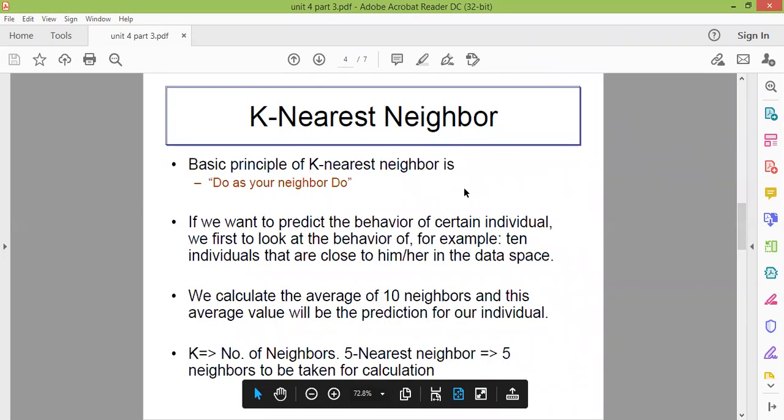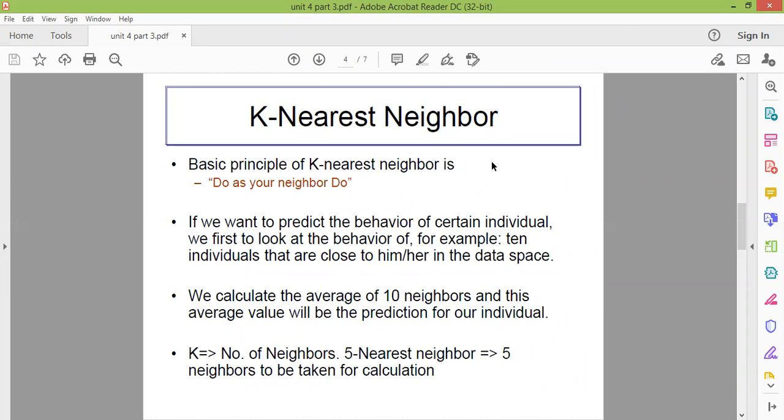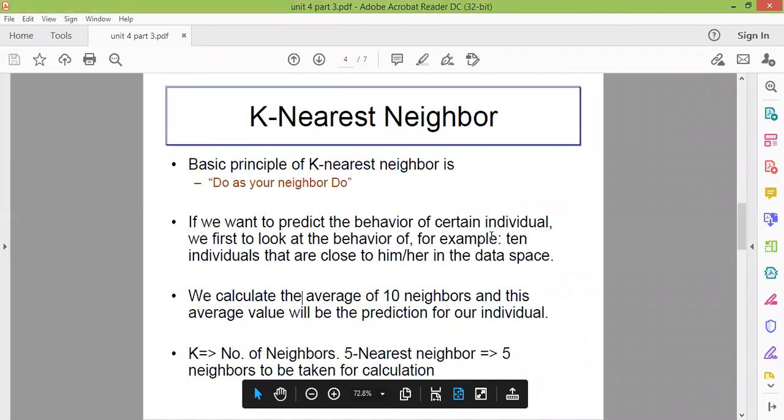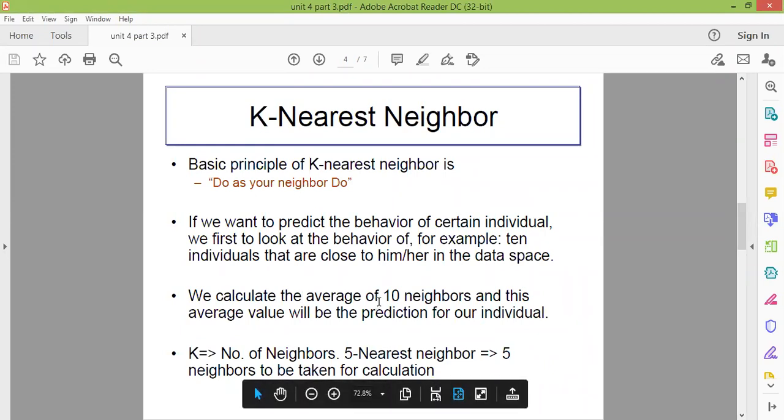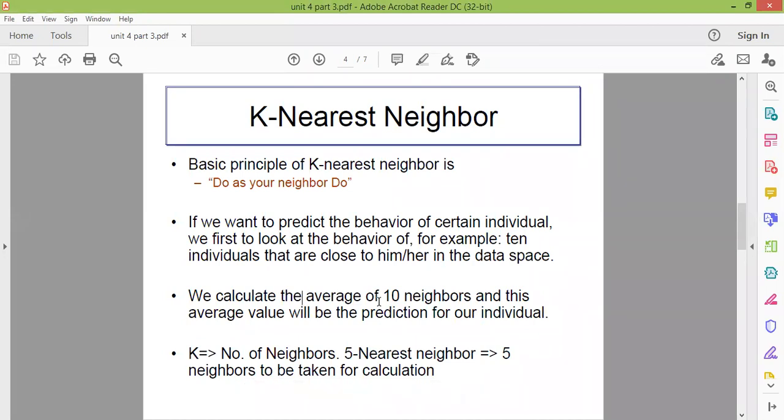The basic principle of K nearest neighbor is: do as your neighbors do. It means that whatever behavior a single point is showing or whatever attributes it has, the neighboring points also have the same attributes. So if we want to predict the behavior of a certain individual, we first look at the behavior of, for example, 10 individuals close to him or her in the data space. If you are a single point and there are many neighboring points, you calculate the average of all these points,